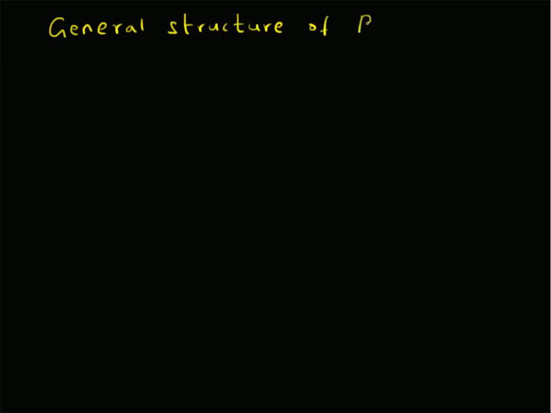Hello, welcome. In this short video, we are going to look at the general structure of the region of convergence of the Z transform. We are going to look at the general structure of the ROC, that is the region of convergence of a given Z transform, X of Z. So, basically the proposition is,